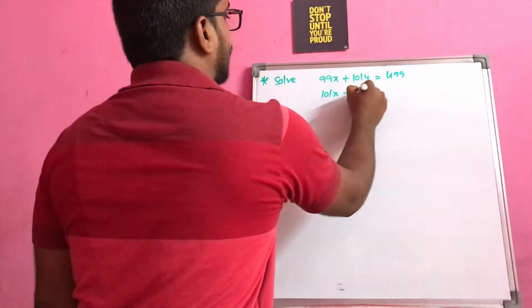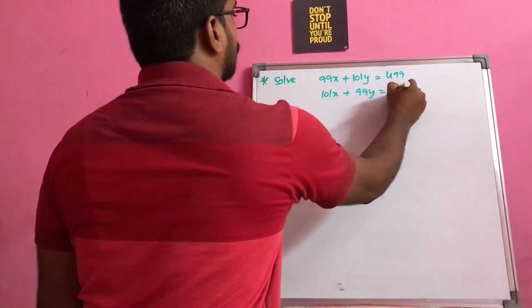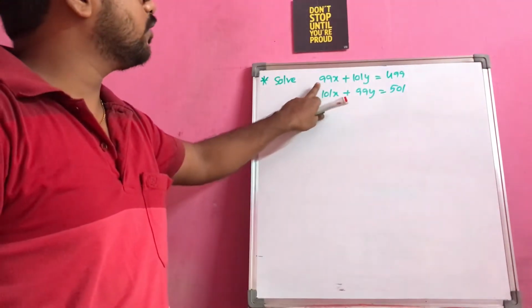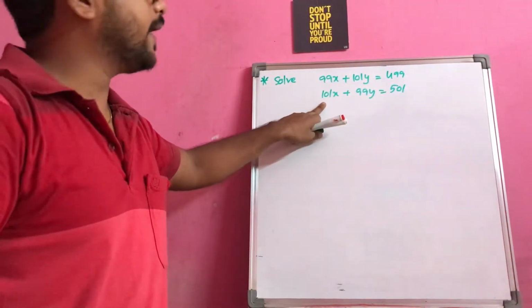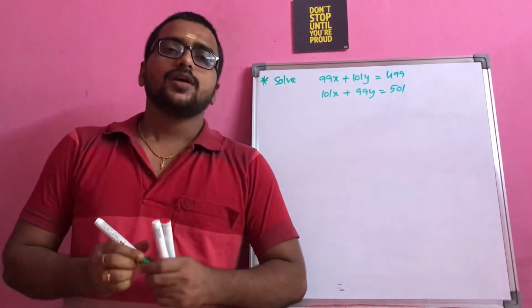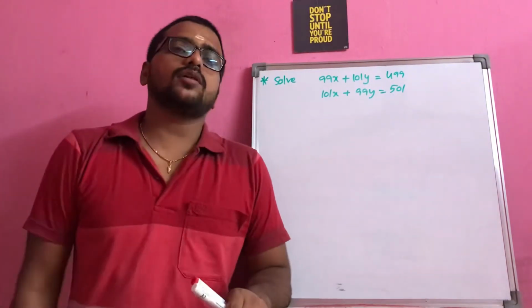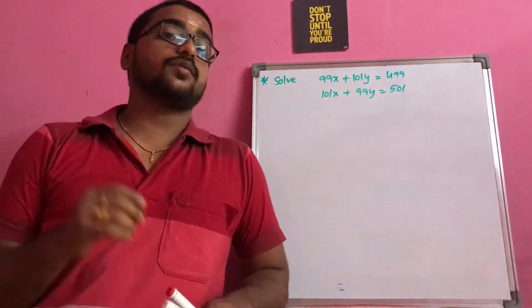101x plus 99y is equal to 501. 99x plus 101y equal to 499. 101x plus 99y equal to 501. You observe this question. This is a very rare model, and which is very important from the Olympiad point of